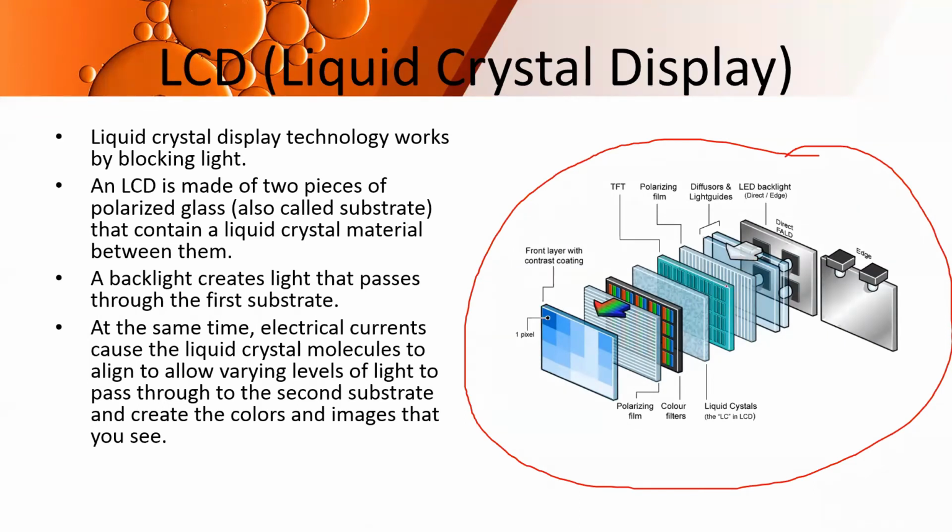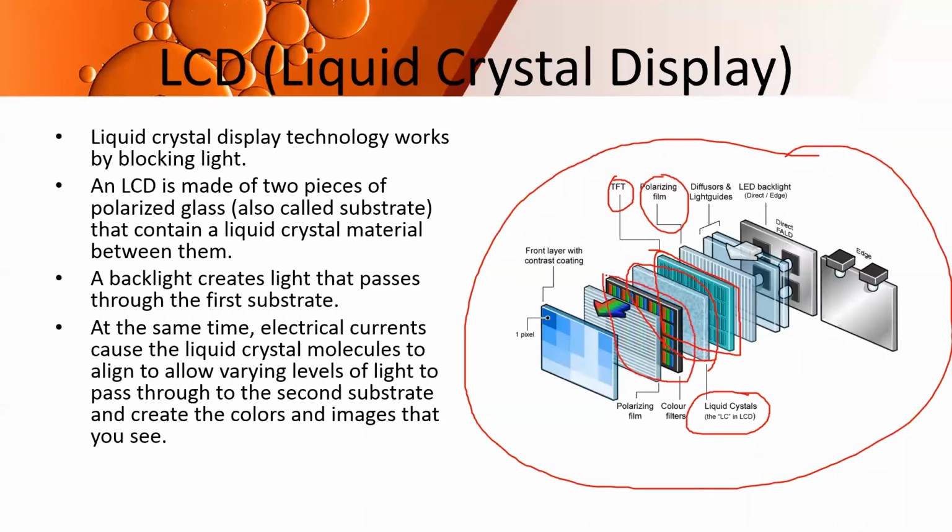and you have various layers in between, right? So what are those layers? Out of which the very important layer is this layer, which you can see here, which is the liquid crystal layer. We are going to see what type of material liquid crystal is. Then you have polarizing films over here. You have a TFT, thin film transistor, layer in between. I will explain what it does. Basically, it does the work of controlling the amount of light which falls on each of the pixels over here.